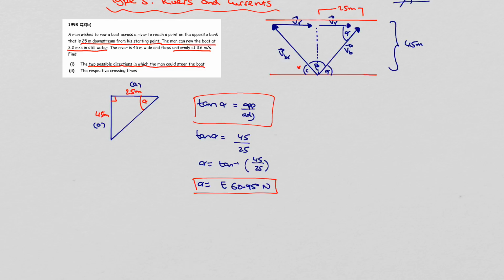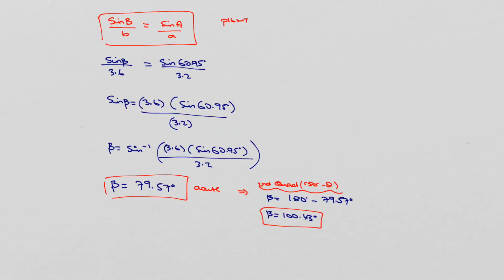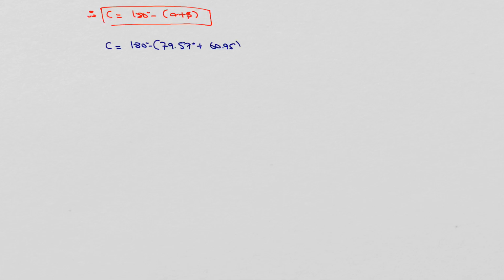So I'm looking for this angle here, C. So I have beta, I have alpha. To get C, I can see it's a straight angle, so I just simply subtract beta and alpha from 180 and I'll get my two values for C. So C is equal to 180 degrees minus alpha plus beta. The first possibility I could have for C is 180 minus 79.57 degrees plus 60.95, which gives me